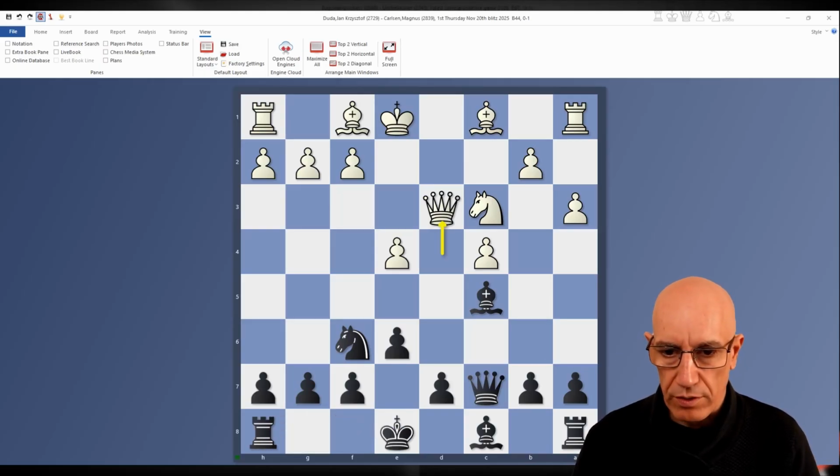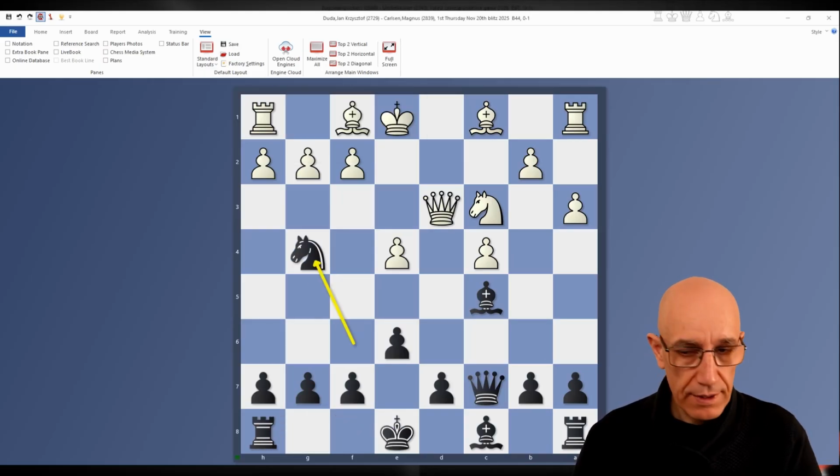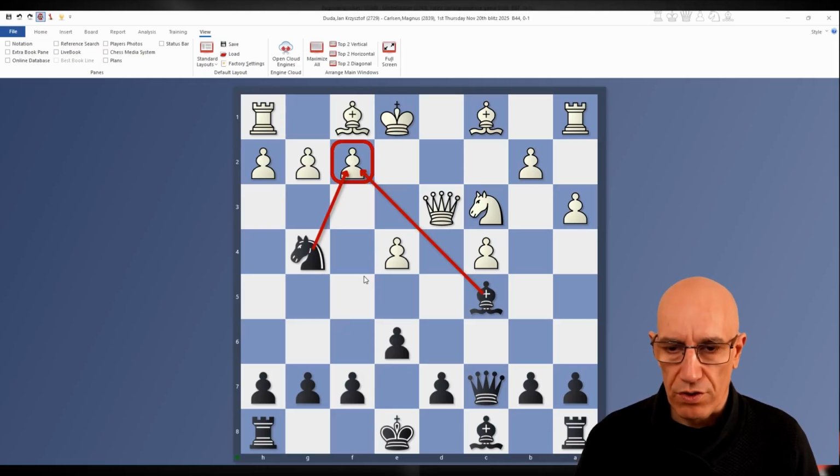Okay, now we need to go back to the game, and he went knight g4. Okay, I was not understanding this one, but of course we are not following the game with too much concentration because, as you can see over here, now he's posing a threat. I also see this sometimes, that he tries to create some problems immediately for the opponent, which is